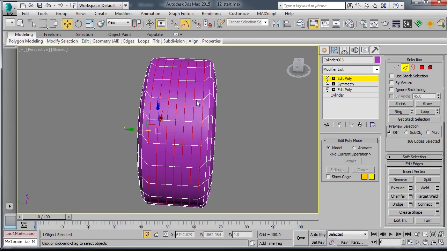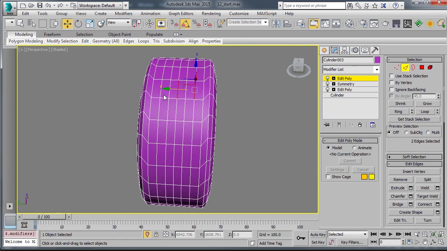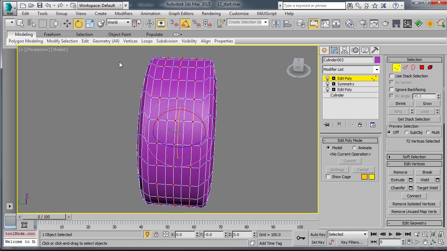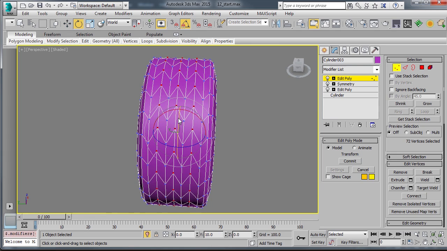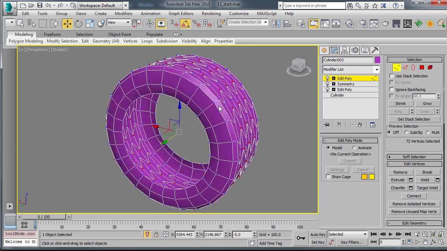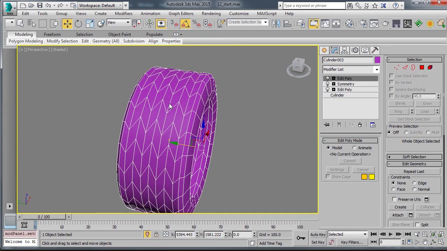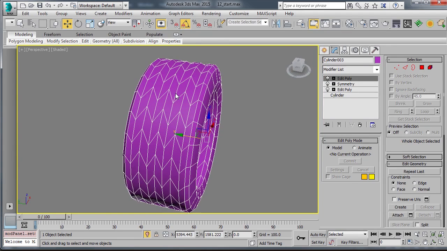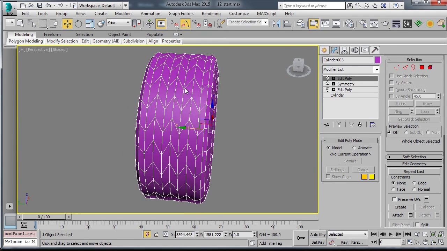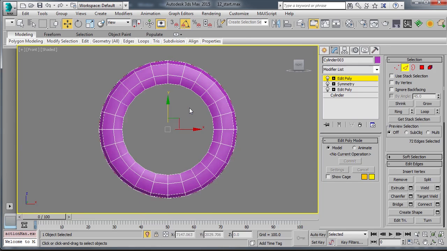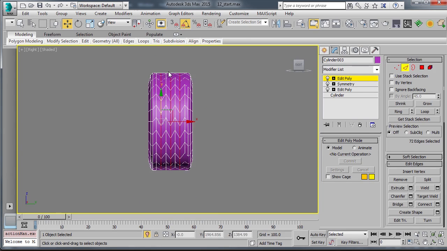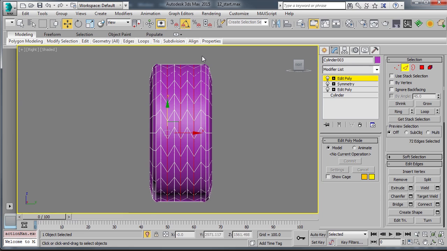Then I would go in, grab every other, loop those, switch to vertex mode, grab my rotate tool again, and just do a rotation like that. And as you can see, I'm just doing that so I can get some disturbances here for the tread of the tire. Once that is finished, I'll just go to one of my orthographic views, maybe my right view, grab